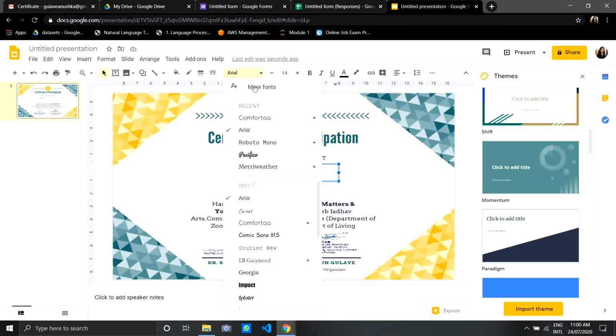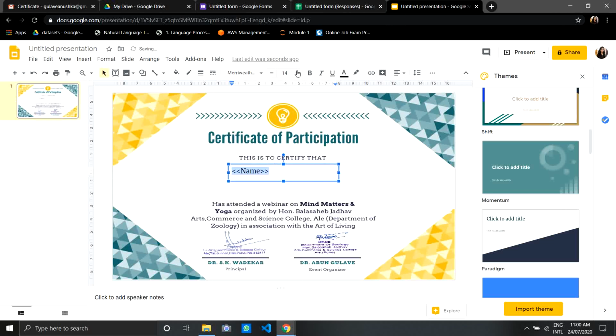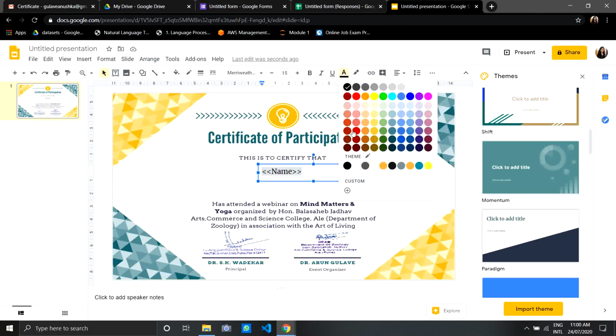You can change the font as you need, and you can increase or decrease the font. You can place it properly. Okay, I have pasted it here. So the name of the participant will be reflected here. You can give color to it.